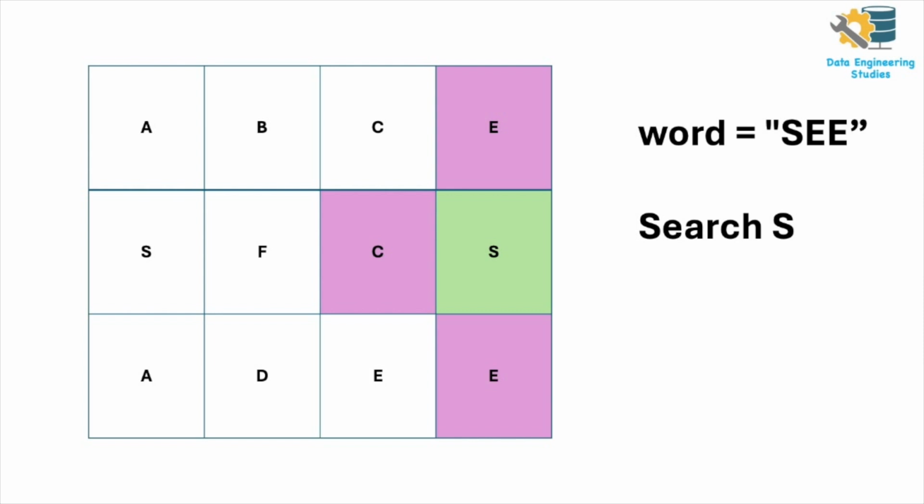We are iterating to the top. We will mark S as visited and we are searching for E. We found E. Now we will search for the next E in all 4 sides. If you see the all 4 sides, we can search only the left side because the top is out of bounds and the right side is out of bounds. The bottom is already visited and we can search E only in the left side. We have C and we didn't find E, so we will backtrack and we will change the pound symbol back